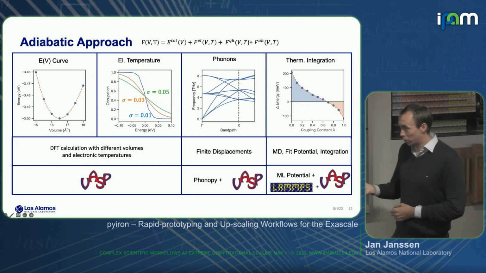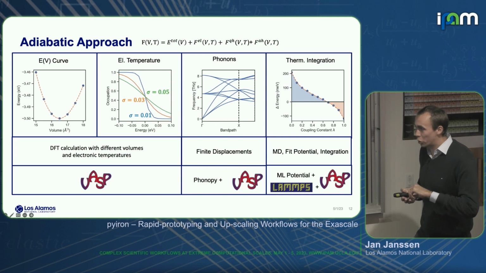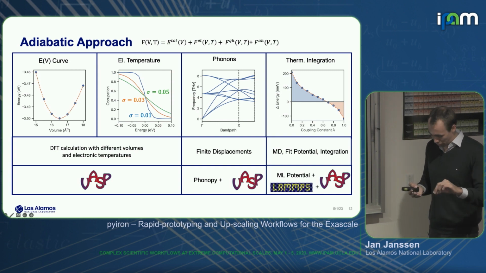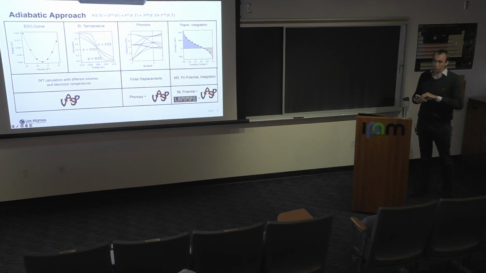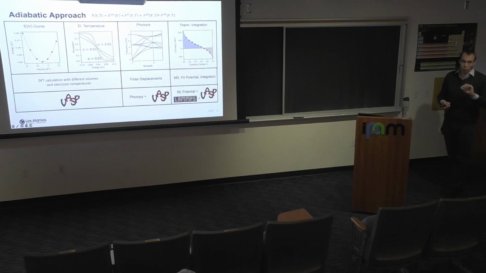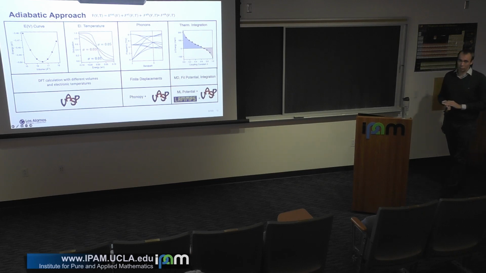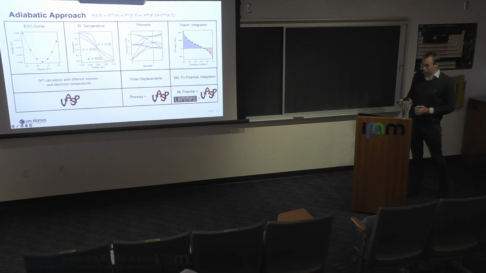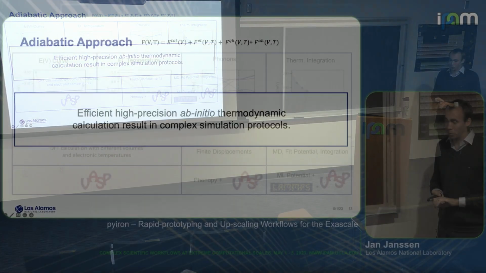Right, so what we would do is a thermodynamic integration once, or we would run a very short ab initio DFT MD trajectory. Then to this trajectory we would fit a machine learning potential only for this specific temperature. And then from this potential, we would first do a thermodynamic integration from the harmonic reference to this potential, and then from this potential to the DFT calculations, right? And that's really the computationally most efficient way to calculate this ab initio thermodynamic calculation with a high precision.